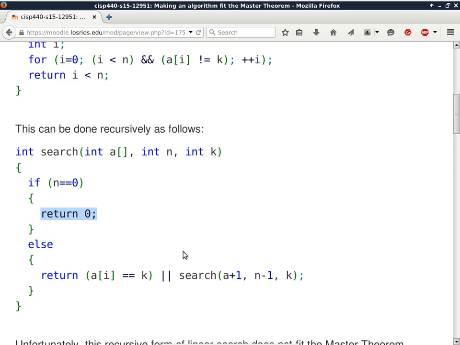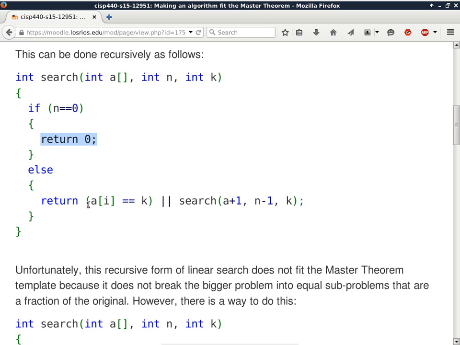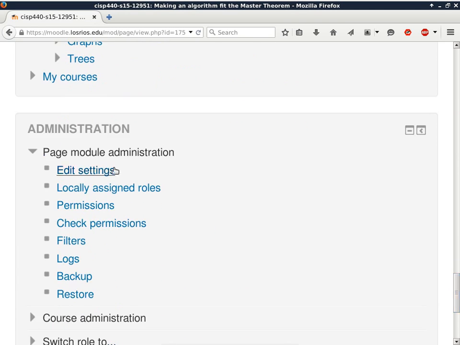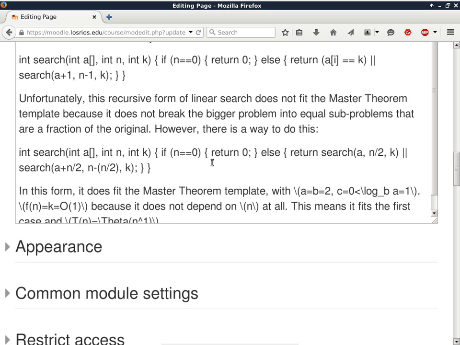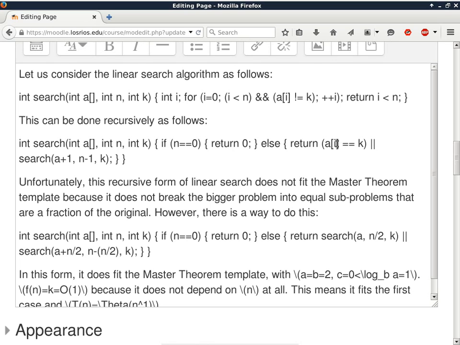What if n is not 0? What if n is greater than 0? Well, then what I'll do is to say, let me take a look. Oh, I made a mistake here. This should be just 0, in other words, I'm just looking at the first item. Let me change that first before I forget, because I don't want this to be wrong. When I type this in, I have to type it in raw HTML code. That's why it doesn't look very friendly.